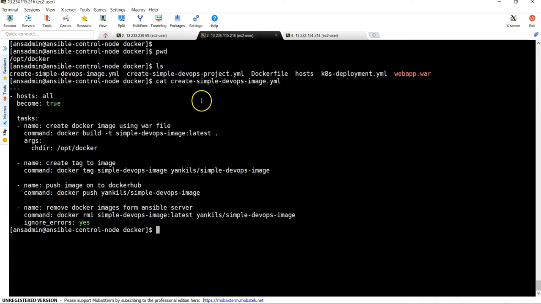Let's try to understand this playbook one more time. image.yml is going to create an image with our latest war file, then tag it as Jenkins so that we are able to push it into our Jenkins Dockerhub repository. Then push this to Dockerhub, and remove it from the local server. Next playbook is